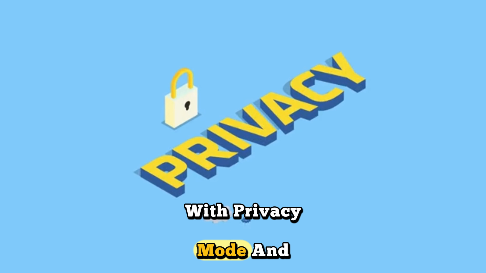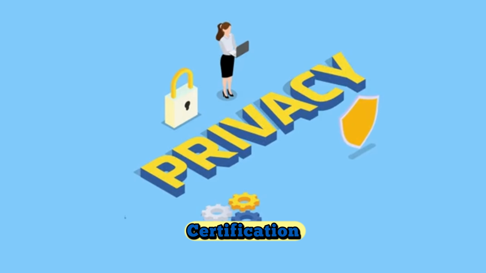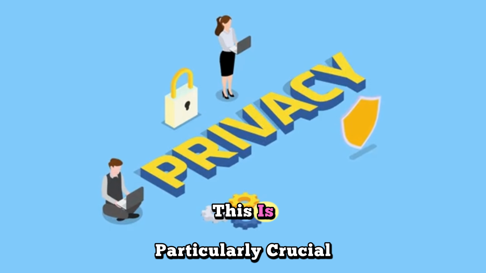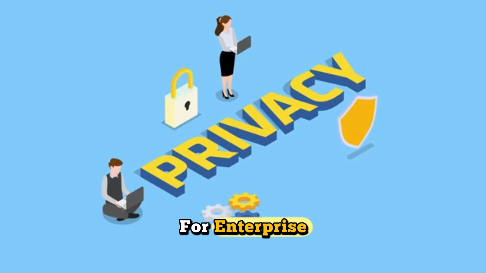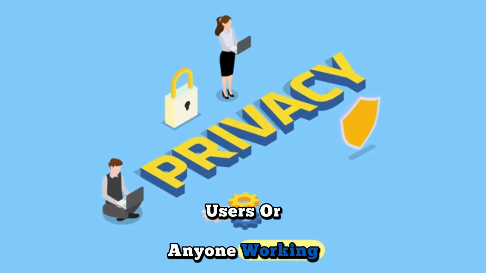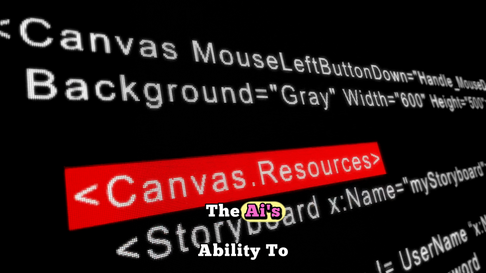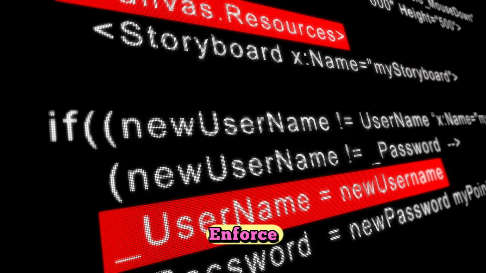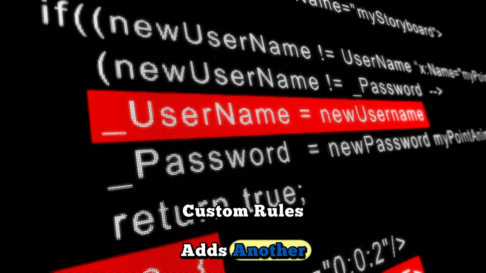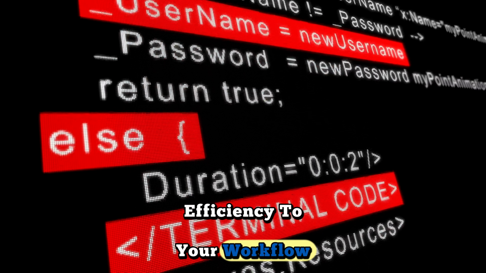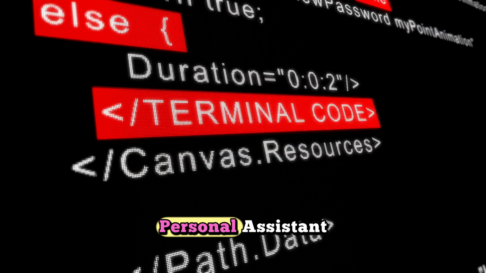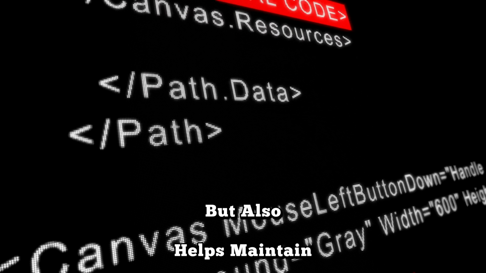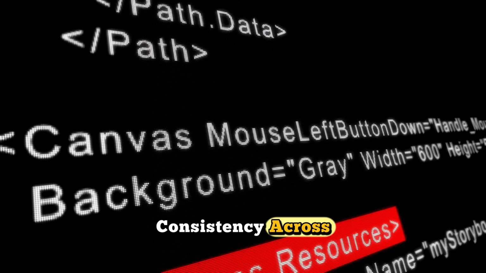With Privacy Mode and SOC2 certification, Cursor ensures that your code stays your code. This is particularly crucial for enterprise users or anyone working on sensitive projects. The AI's ability to remember your codebase across sessions and enforce custom rules adds another layer of efficiency to your workflow. It's like having a personal assistant who not only remembers your preferences, but also helps maintain consistency across your